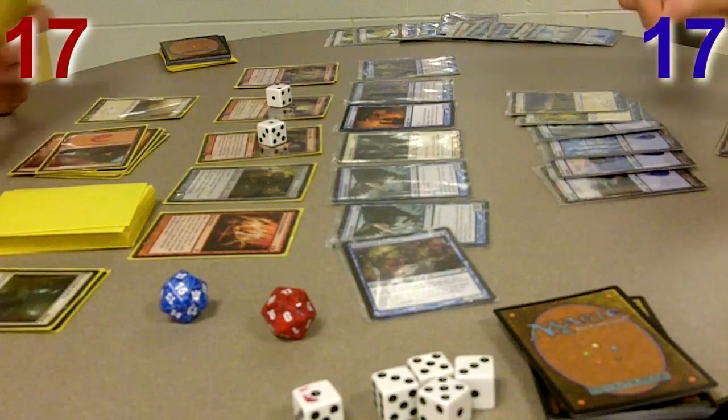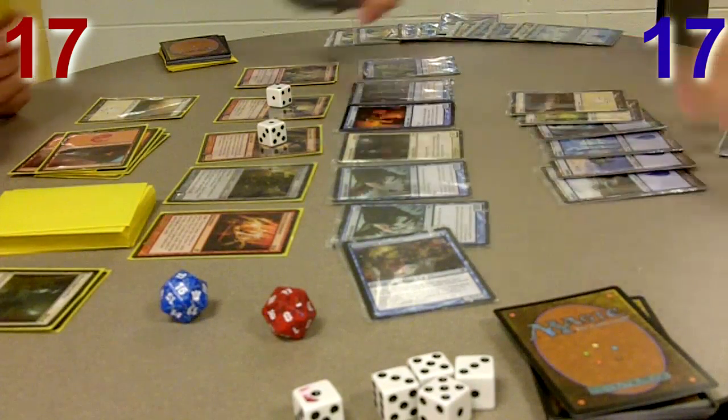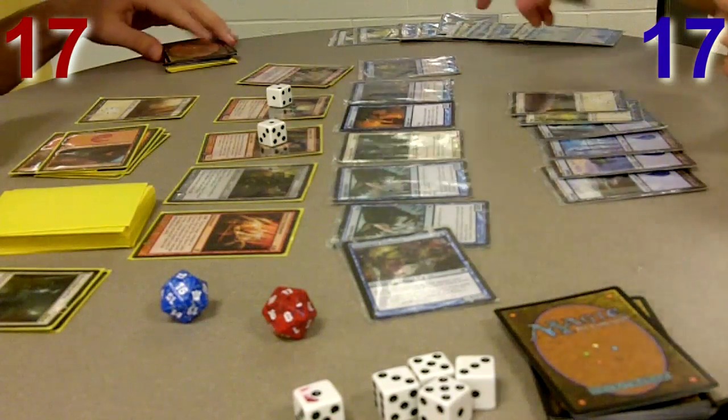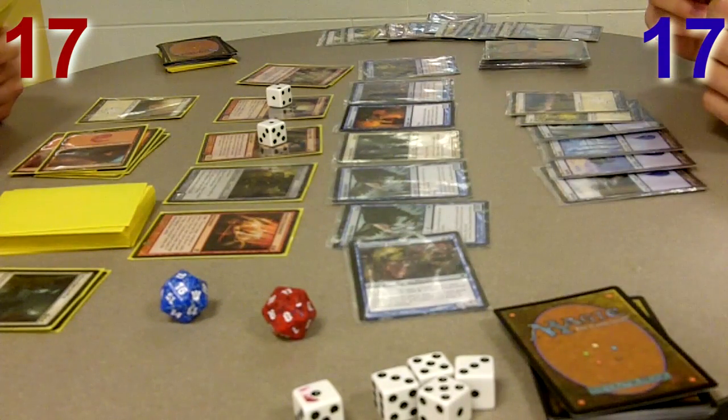But let's say he had Drogskull Reaver in the library still or something like that, then he would know. He would play the game differently. But since you could see here in the video that it was just a Plains, it really did not make a difference. So anyway,